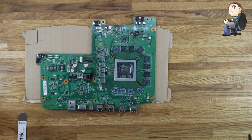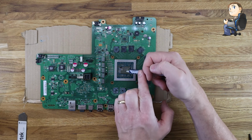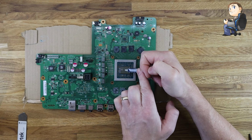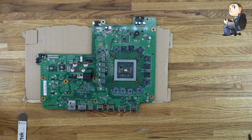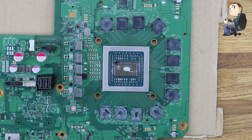So I'll just make sure there's nothing on the end of it. It looks pretty fluid anyway, so no issues there, but it's always worth a check. Now we need, it's not really a pea size, it's just a bit smaller than a pea size blob in the middle of the GPU, and then just rub it off, so that should be fine. So you see there's not a lot on there at all, but once the processor squashes against the heatsink, then that should